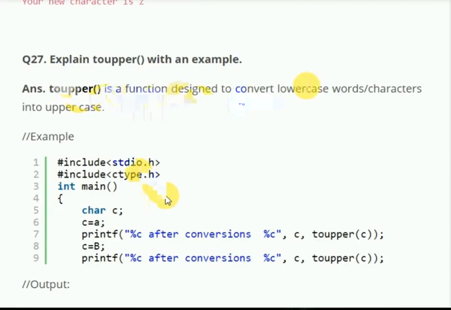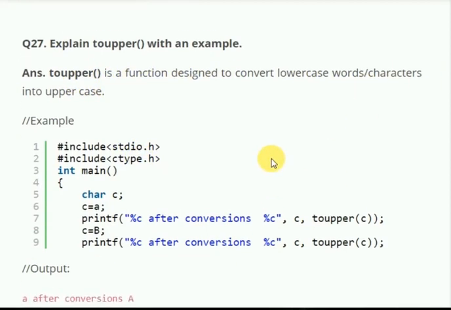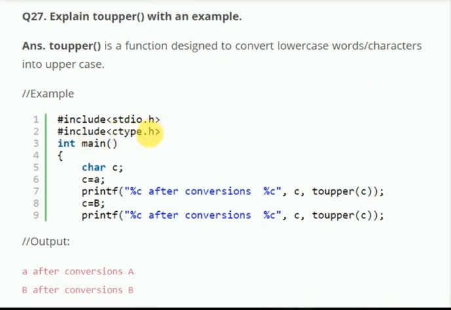toUpper is a function designed to convert lowercase words or characters into uppercase. We include ctype.h, the header file for toupper. char c equal to small c, written in single quotation marks; 'a' should be present, otherwise it will give an error. printf after conversion, print